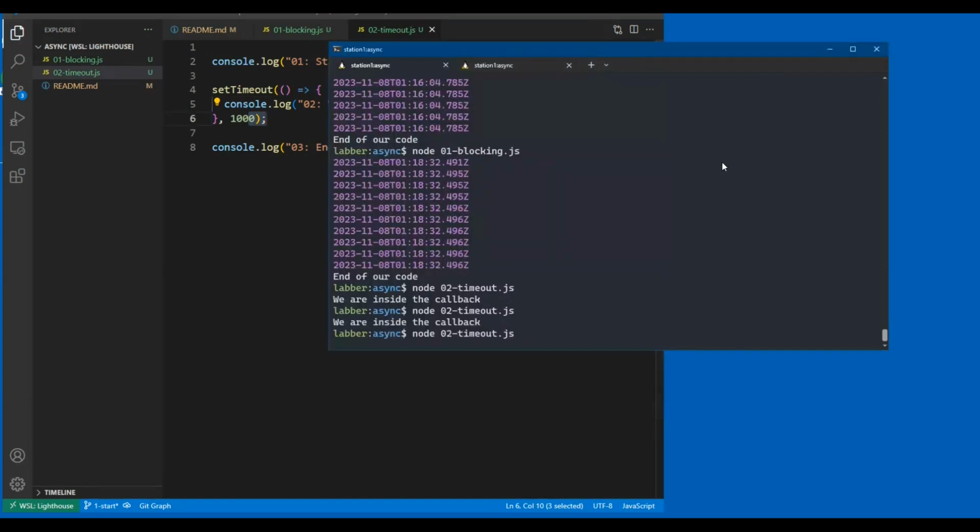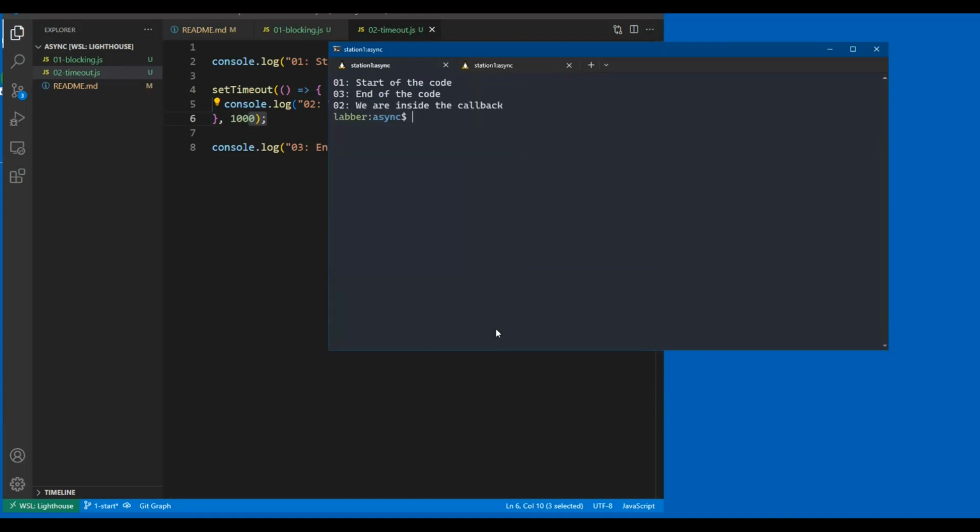Okay, let's clear that. I should put a clear then a semicolon. That actually chains two commands. It'll do a clear and then it'll run our code. And well, that was odd. Look at that. Start of code, end of code, and then I get my 02. We are inside the callback. Okay, so